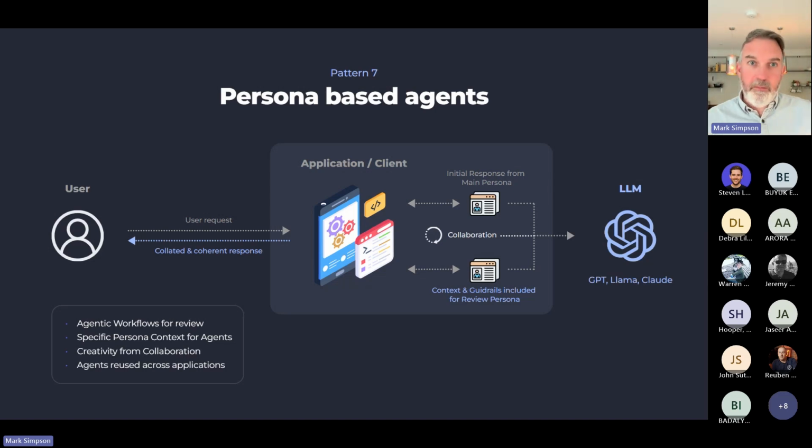If you're in the legal team, it would be very much about the detail. If you're in the commercial team, it would be about negotiation and the right pricing. If you're in your core product team, it would be expert knowledge about the products or services that you're offering out. And what has happened as we've built up on these patterns is we've got the ability to make that reusable and to tailor those prompts that we're putting in, and the guardrails and the vector database and the APIs for that specific persona or role.